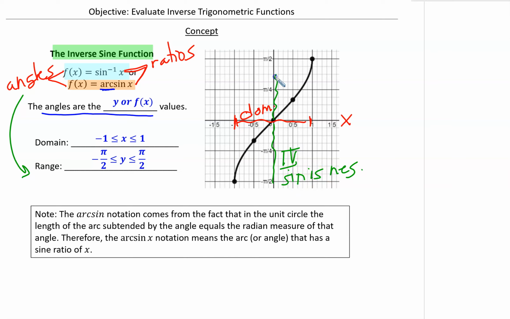And this represents our first quadrant angles in which sine is positive. That way we get all of the sine ratios and one angle answer for each of those sine values. Similarly for cosine,